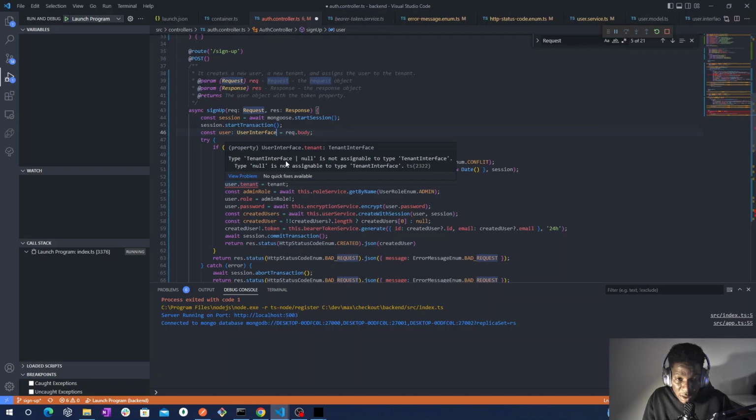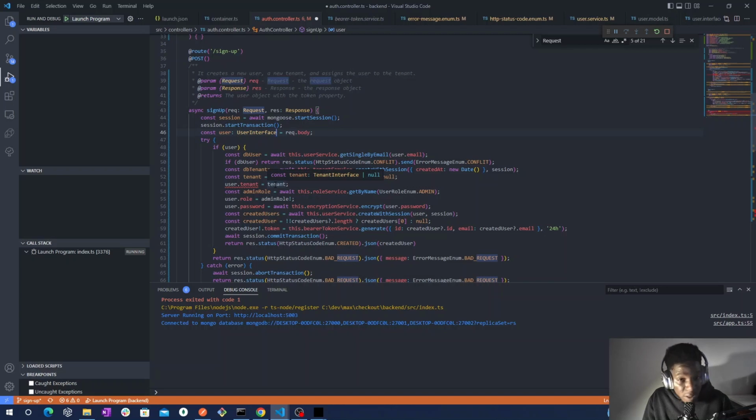So here we have tenant interface or null. Since we have any, the code works because we have a tenant that is not null. Assume that our tenant was null, we could get everything wrong since the beginning. So for someone who codes with you, you can actually see that the user has this type instead of any,